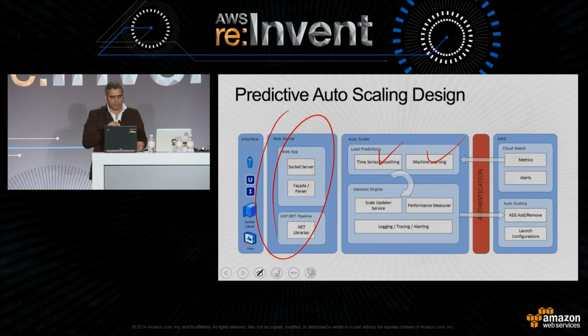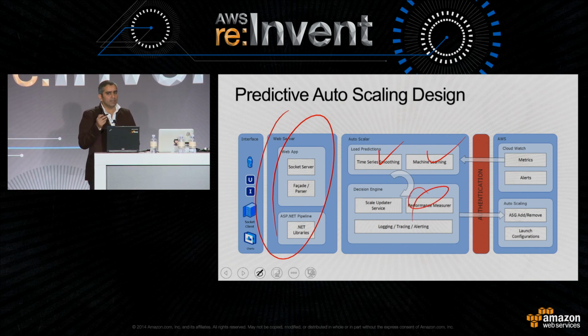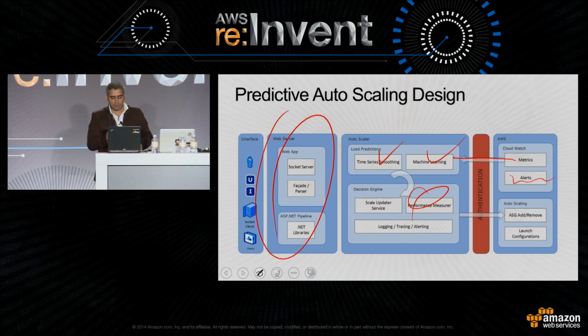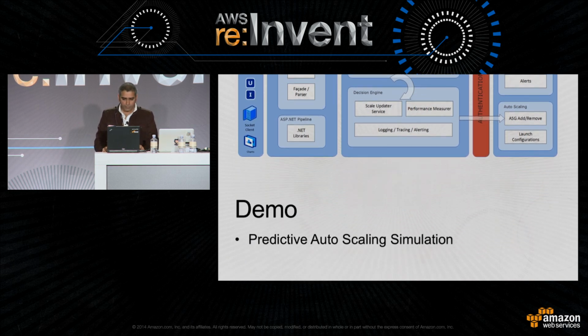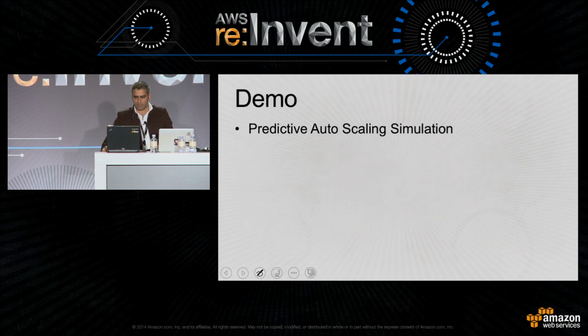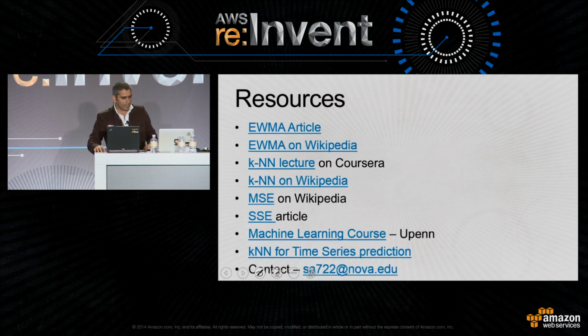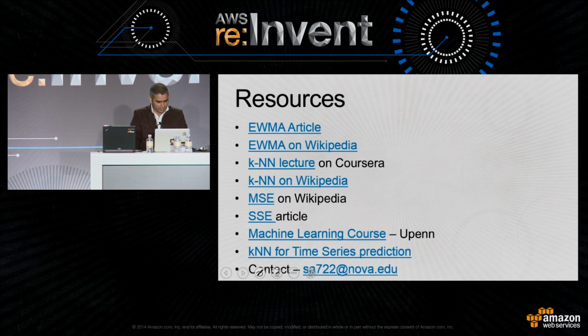You want to run that data to an engine which kind of sees, oh, let me see this load, let me take an action on it, right? And then you also want to measure the performance, how much time you actually took to make this decision. You get the metrics from CloudWatch. The alert I just mentioned here, but you can use it if you want, but I'm not using it. Autoscaling group, you either can add or remove, and then it uses a launch configuration that is actually tied to an autoscaling group. Right? So let's take a look at it, and then I will probably have a couple of minutes for questions as well.